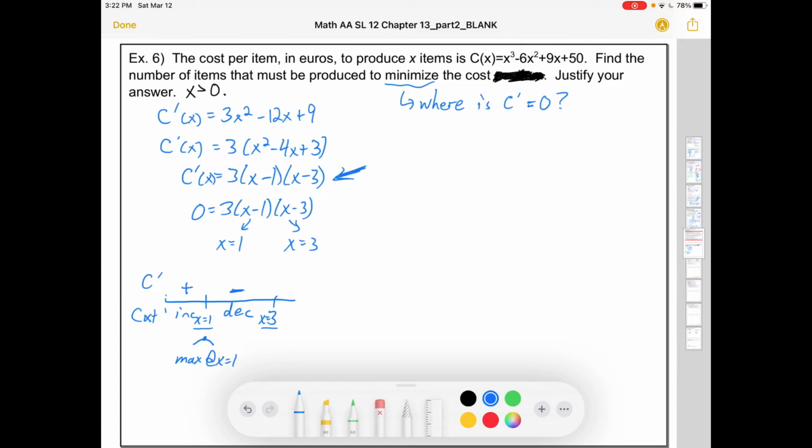If I put an x value bigger than 3 into C prime, I'll get a positive times a positive times a positive. It'll start to increase again. So we go from decreasing to increasing. There is a minimum at x equals 3. We can say that we minimize cost